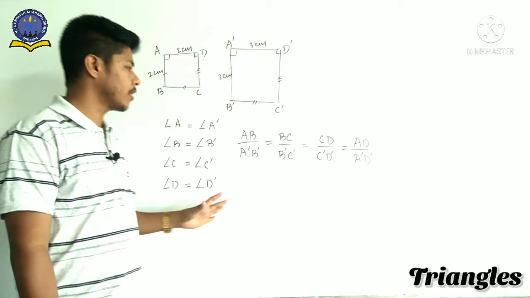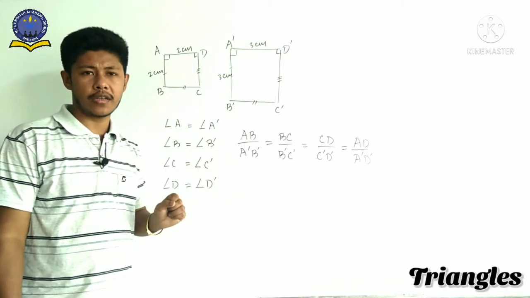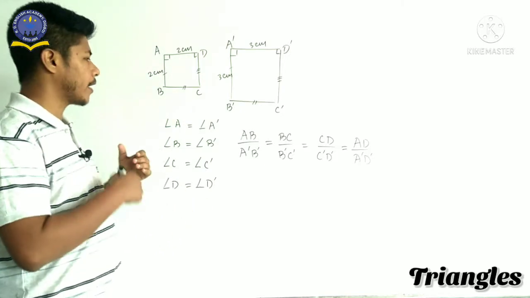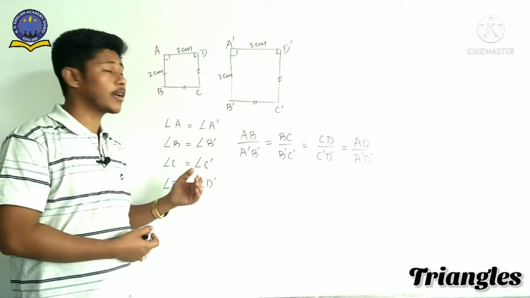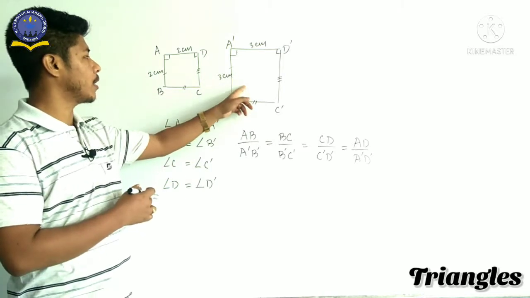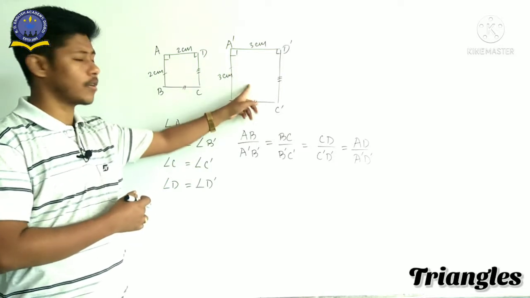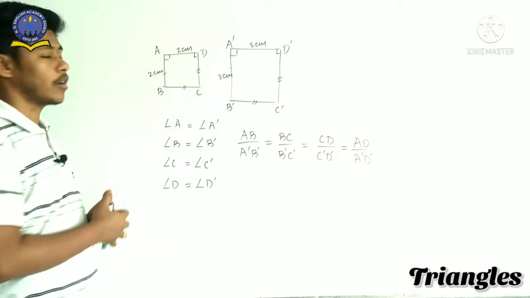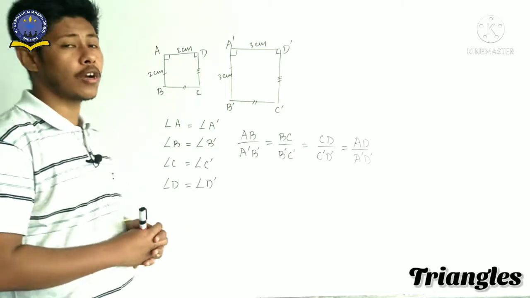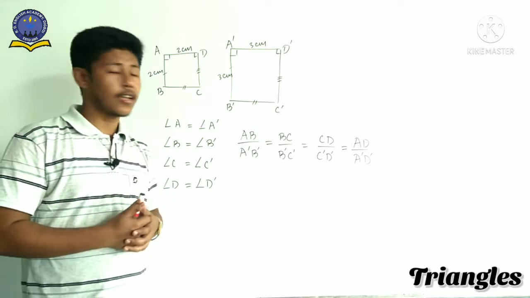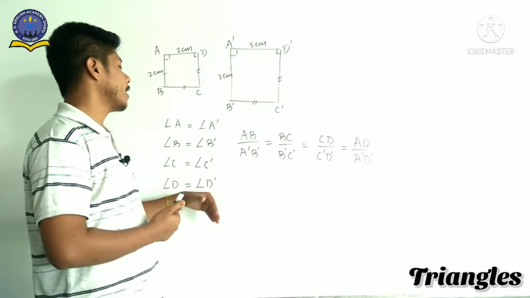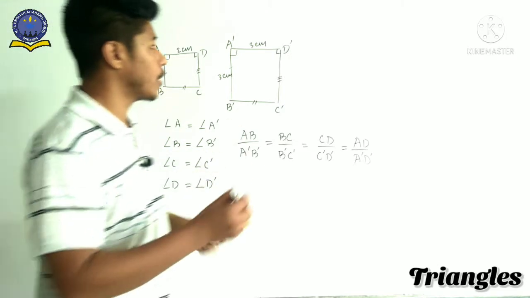Is it clear? This one is the main property of this triangle chapter. If you know this one, easily we can solve each and every question, or we can write this property in other questions also. So now as a whole we consider similar figures. This one is a square, this one is another square. But here the chapter given to us is triangle. So in this case we deal with triangles. If we apply the same concept in case of triangles, then what we get, you see here.